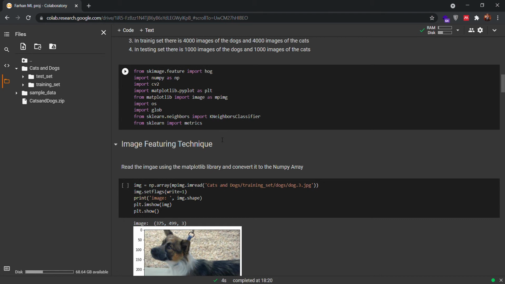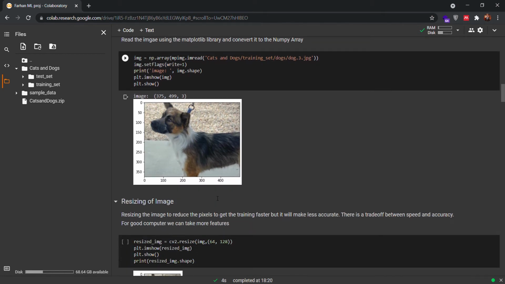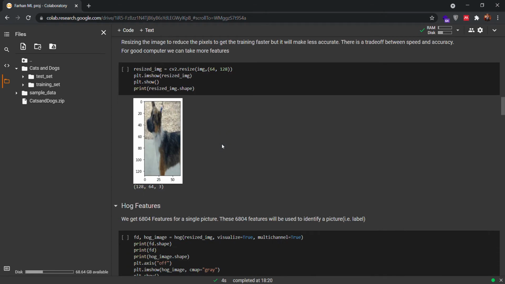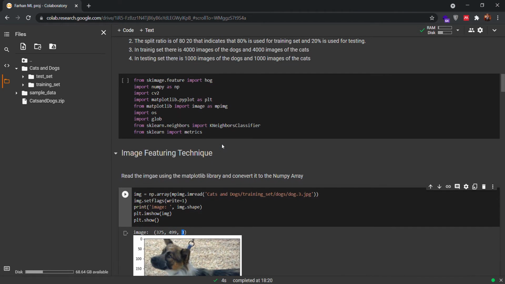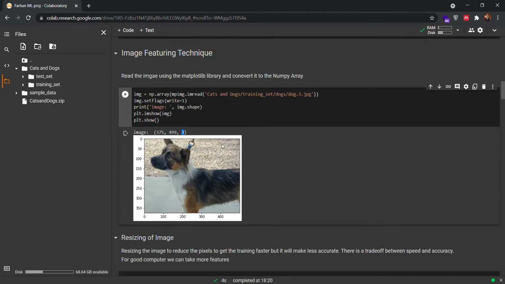This is the picture that we have right now, and the dimensions are 375, 499 and 3, which is RGB color. I have also reduced the size of the image to make our program work faster, because it will take a lot more time if we give it a high resolution picture. So I have reduced the size to 128 and 64,